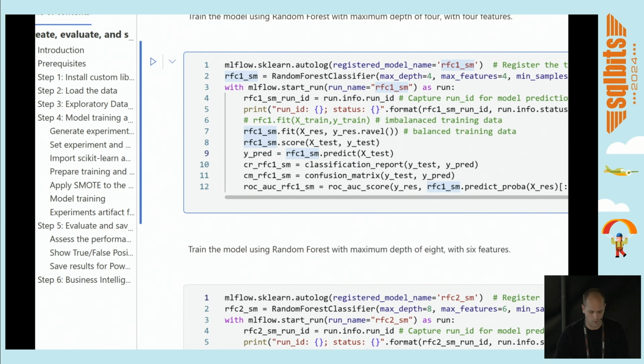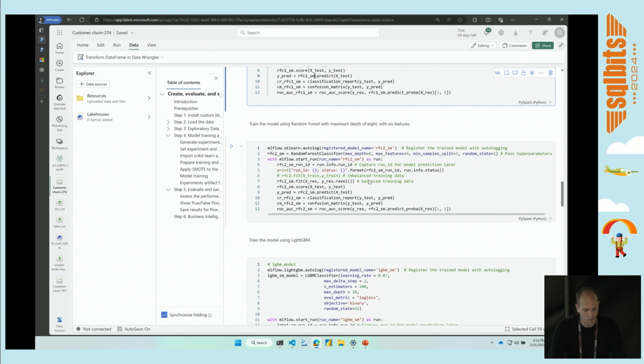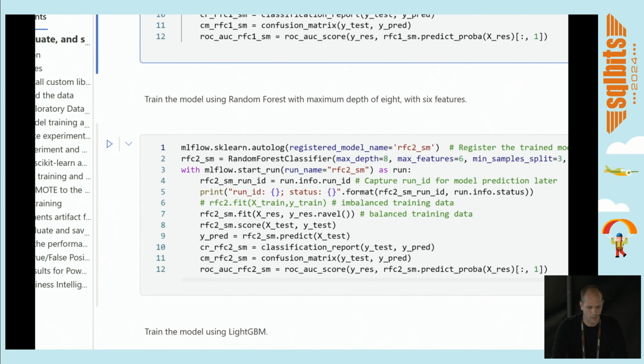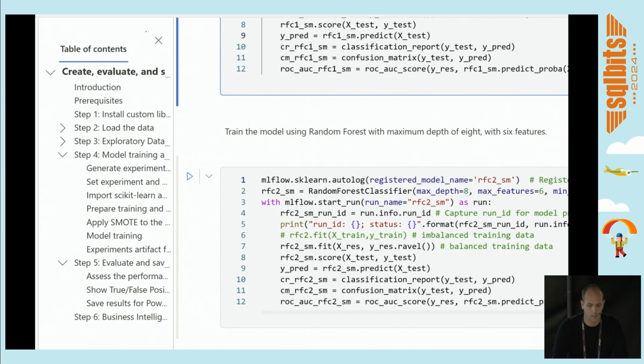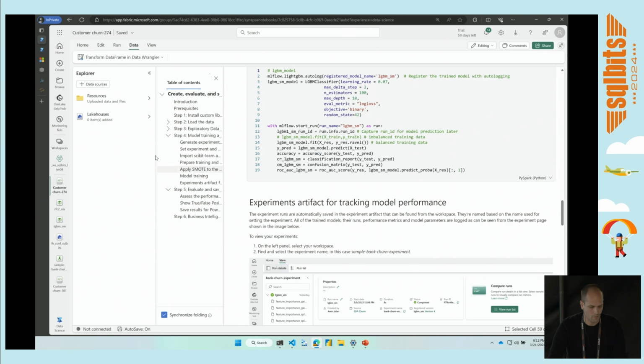After I run this, let me go back here. During the model training, I ran random forest, option number 1, with 4 different features. In this particular example, I ran random forest also with 6 features. And here I just used LightGBM, another classifier type, also to test the accuracy. Once I run these experiments,